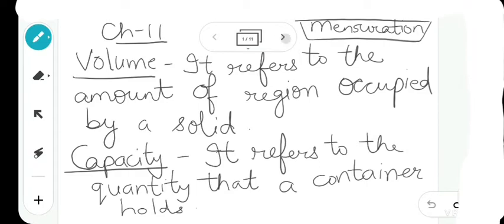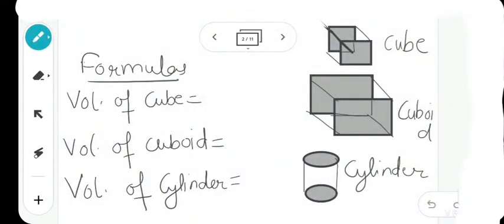Now we will learn some formulas to find volume of these shapes. First figure is cube, then cuboid, and then cylinder. So you are already familiar with these shapes. Now we will learn formulas to find their volumes. Now you know that cube has each side the same. So volume of cube we can write as a cube, where a denotes each side of the cube. Each edge of the cube is a. Sometimes you denote it with l, then the formula will become l cube. So, whichever way you want, you can write.